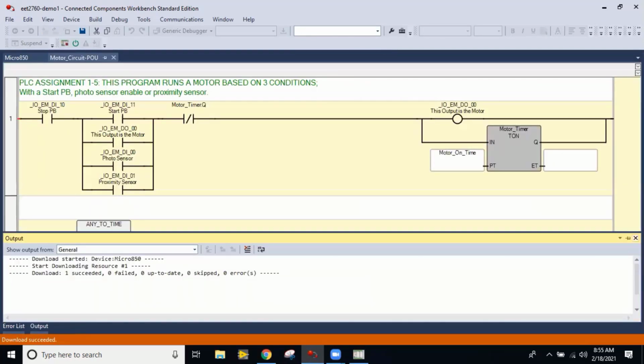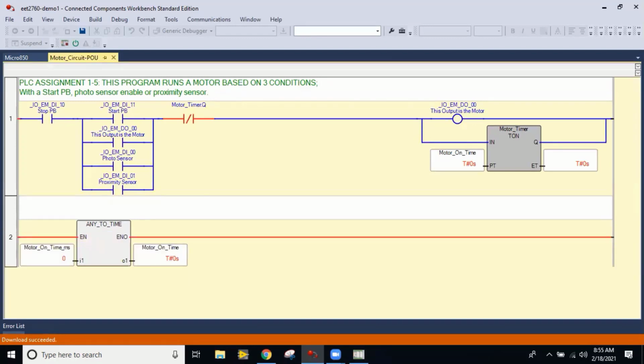There's our project. And it's working. I got a couple of things to modify here because this ladder program was meant to